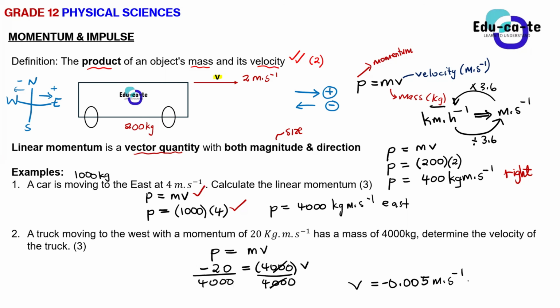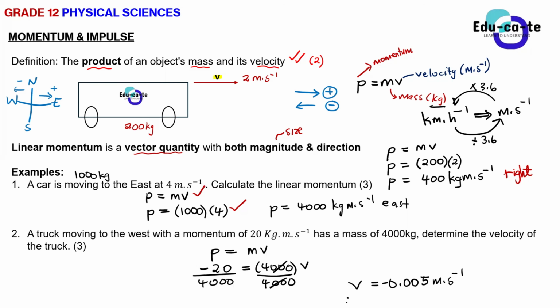Also, sir, if I say the answer is negative 5 times 10 to the power 3, it's wrong. 5 times 10 to the power of negative 3, right? Yes, that's correct. It's the same thing as saying it's a decimal. It's scientific notation, and it's the recommended one, especially for physics. But now this negative, what does it tell us? What does the negative tell us? The direction. Yes, the negative direction.